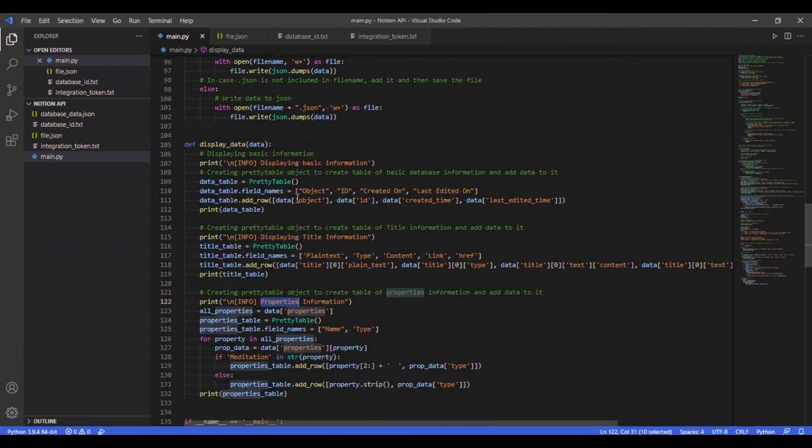As you can see, we have used the PrettyTable function to create a table first, then we add some field names within the table, and then we add rows one by one which actually contain the data. Here we have used the JSON data and used square brackets to retrieve certain information within the JSON object, and then we use the print function to actually display the data. That's exactly what we have done in these two cases.